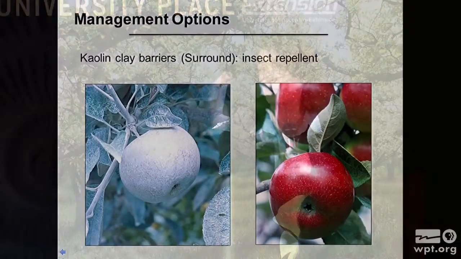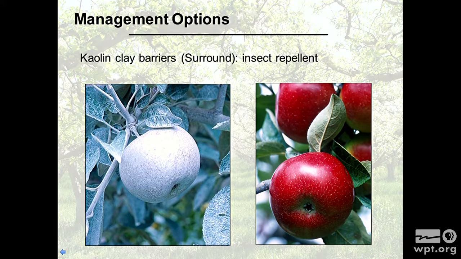Okay, so moving on to other methods. You all know about kaolin clay that is available for apple maggot treatment. The idea is you cover your fruit with this diatomaceous earth. It's just a natural powder that you find. It's a degradation of shells and stuff, like it's old earth, right, kind of thing. So you cover your fruit. It has its issues because obviously as the fruit grows, you have to reapply. As it rains, you might have to reapply. But the idea is that it will deter the fly from laying eggs on there. It doesn't kill the fly, it just deters them from laying eggs. So it works, it's just time consuming.